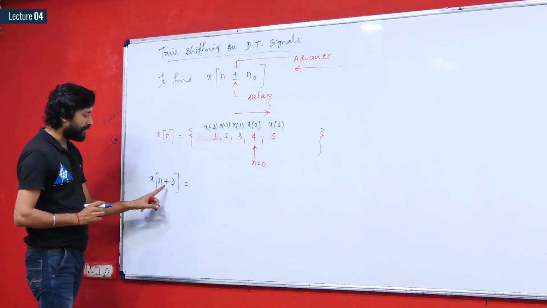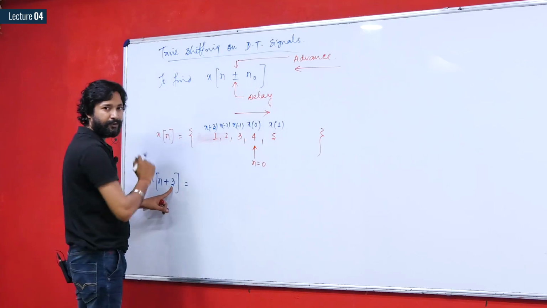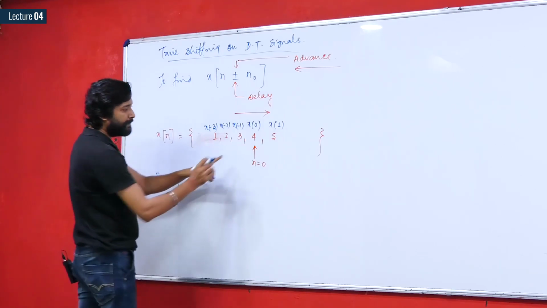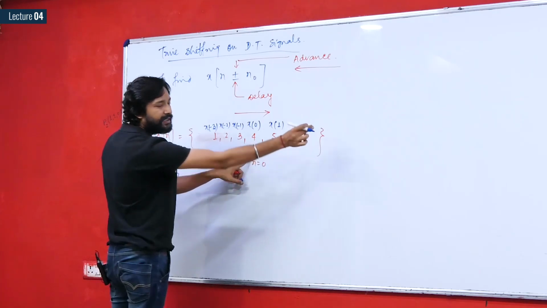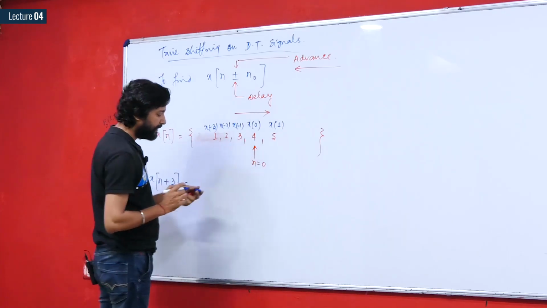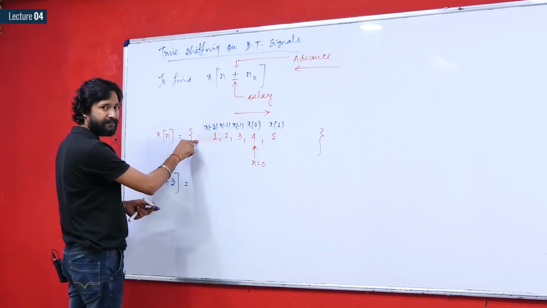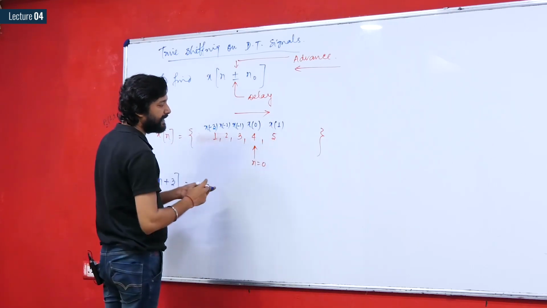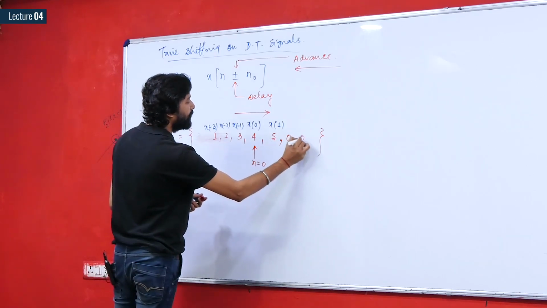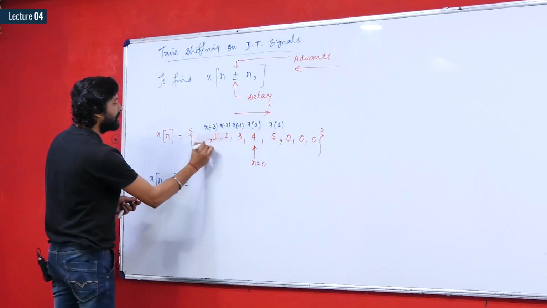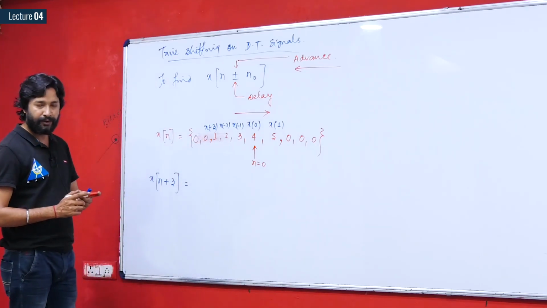So if you are going to shift by 3 units, that is if this signal is slid towards the left hand side by 3 units, it means you will have to pick this arrow and shift it towards the right hand side by 3 units. Now if there are no sample values given before this 1 and after this 5, it means all other values in this signal are going to be 0. All other values are zeros, that's why you can append those zeros if none are given.